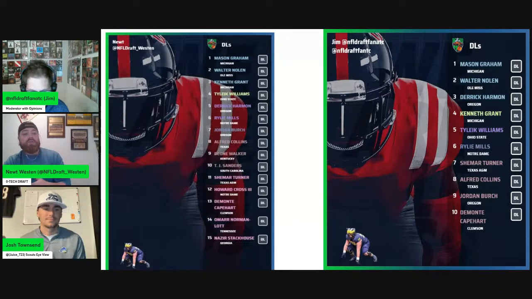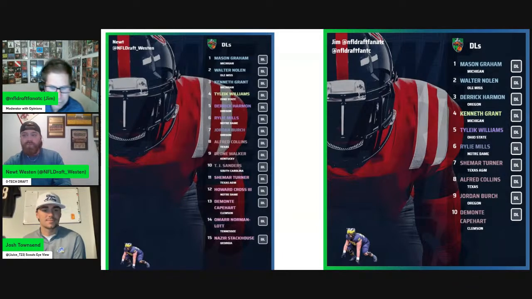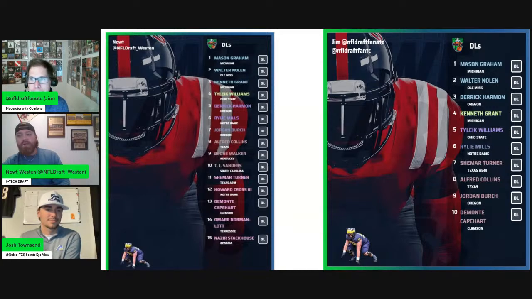I don't think Walter Nolen is as projection based as Mykel Williams is, but I would say maybe Derrick Harmon would be the other one that you could compare to him. I would think maybe even a little bit more. But you look at Graham, Grant, and Williams, I think those are 3 players that have a really high floor and are going to be able to plug and play a little bit more and are going to have lower variance because of that. Where with Harmon and Nolen, you're betting on those projections a little bit more. So I think that's where that variance comes from.